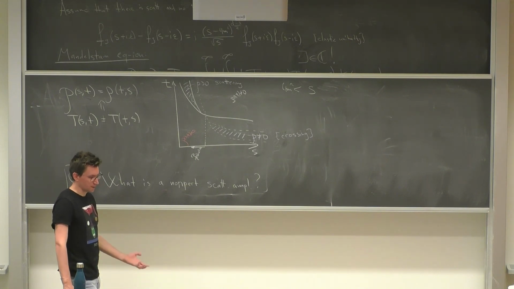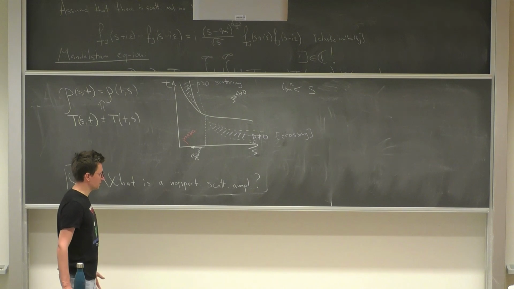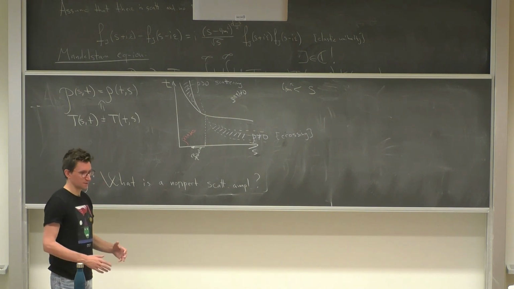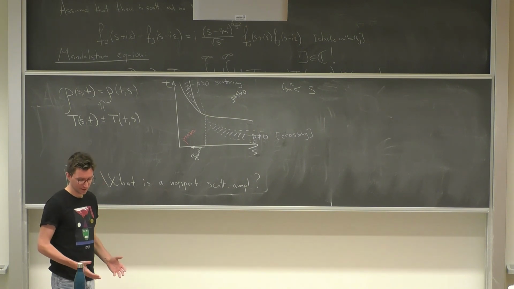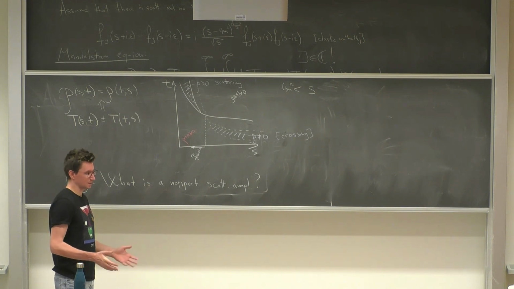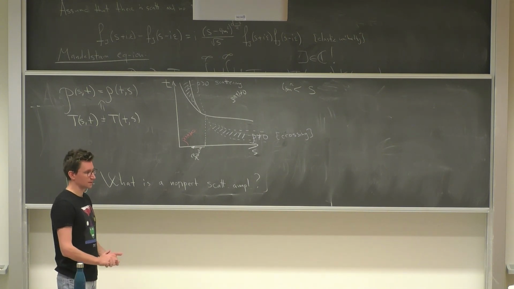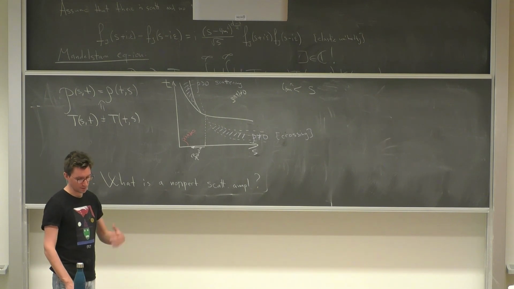So we clearly see that we understand something, but somehow when we try to promote this to something non-perturbative, it's not fully clear what we have to add. Clearly, a non-perturbative scattering amplitude, the only answer I think that we have up to today is that it's an object that satisfies non-perturbative unitarity, that satisfies crossing, which satisfies analyticity,